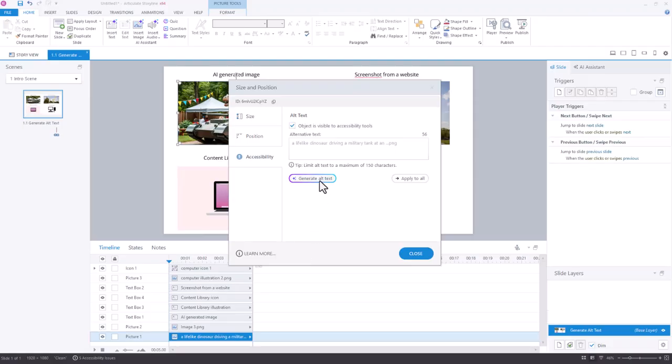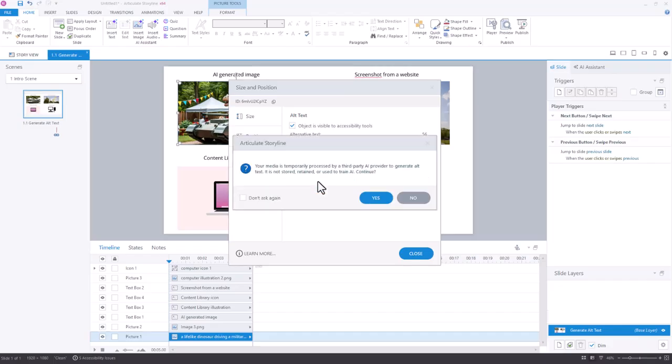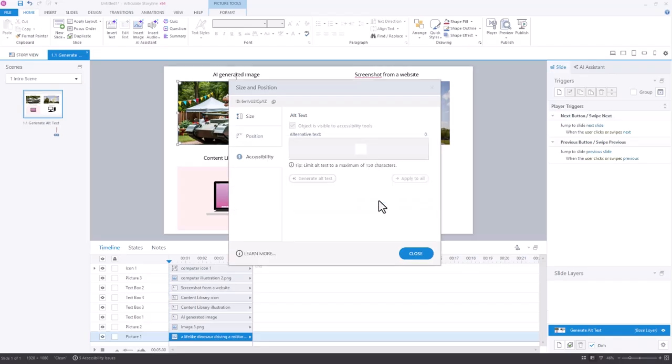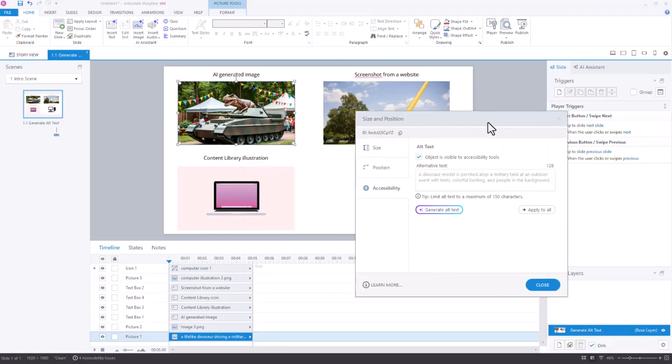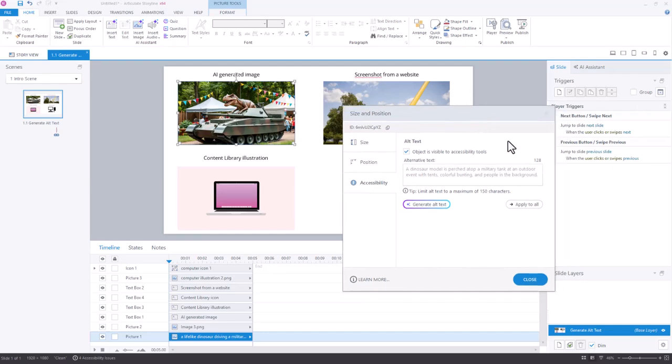To create new alt text, we'll go ahead and select this Generate Alt Text button. I am going to get a prompt here letting me know that my media is temporarily processed to generate that alt text but isn't stored or retained. So I'll click Yes and wait for that alt text to be generated. It gives me that alt text, a dinosaur model perched atop a military tank at an outdoor event with tents, colorful bunting, and people in the background. I think that looks pretty good, and it's 128 characters, and so I will go ahead and close out of